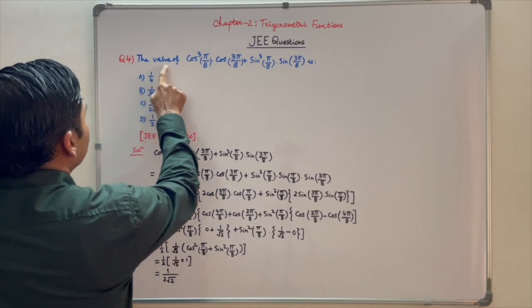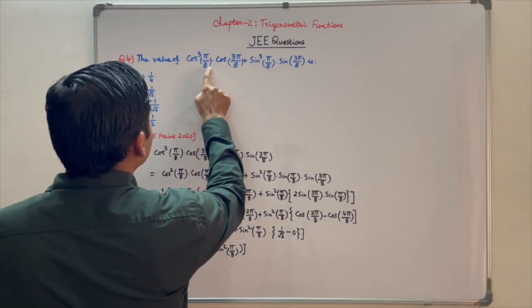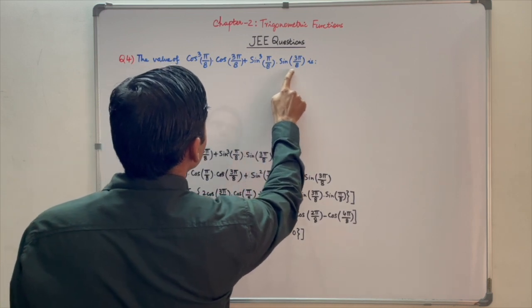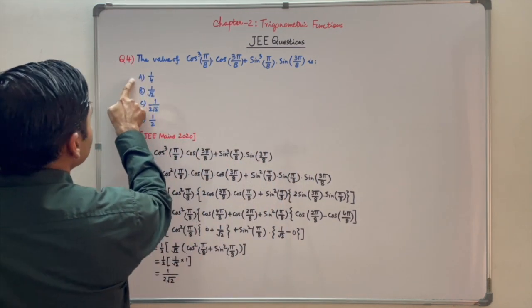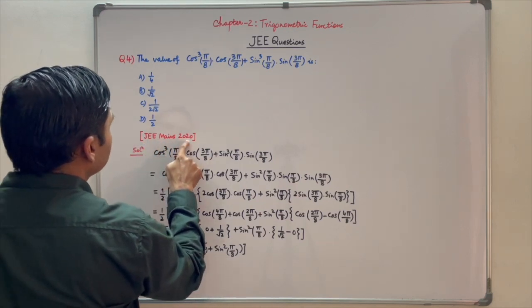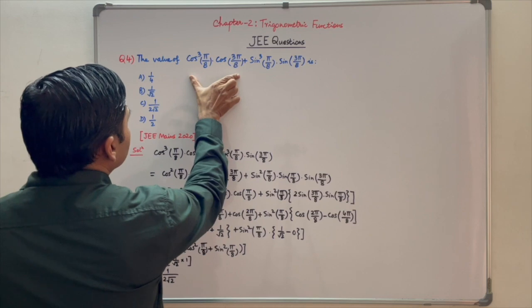Fourth question, the value of cos cube pi by 8 into cos 3 pi by 8 plus sin cube pi by 8 into sin 3 pi by 8 is. These are the options given. This question appeared in JEE Mains 2020. First term can be written as